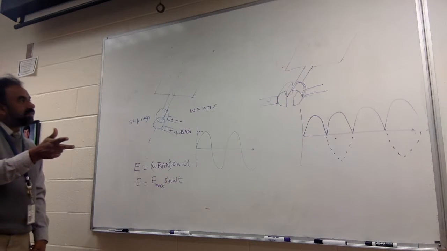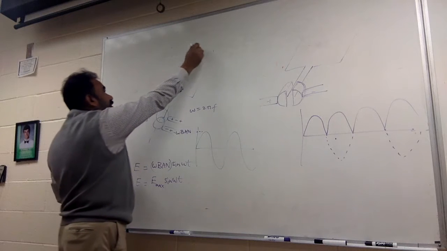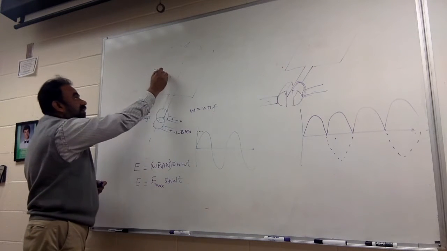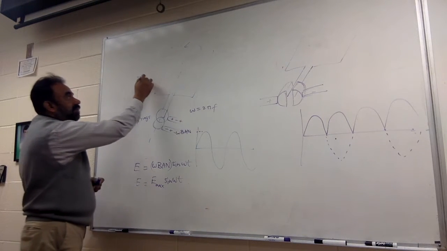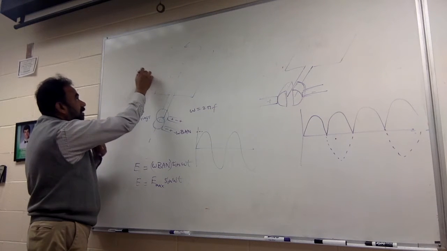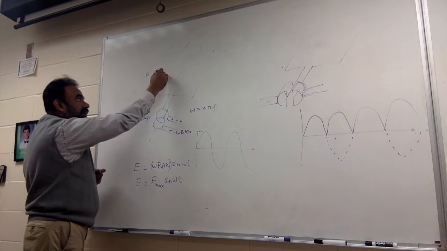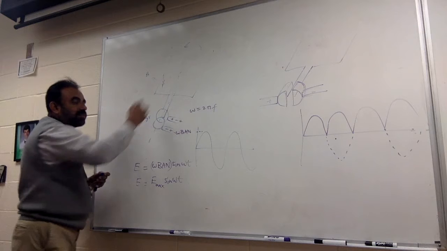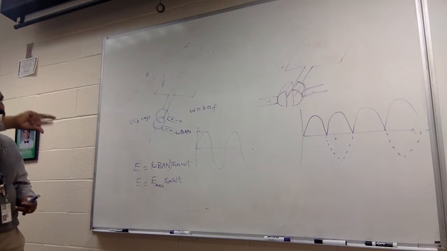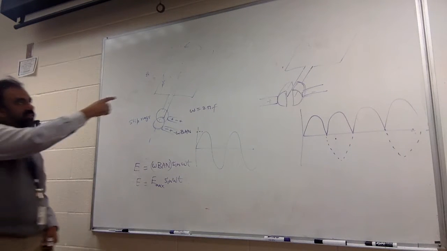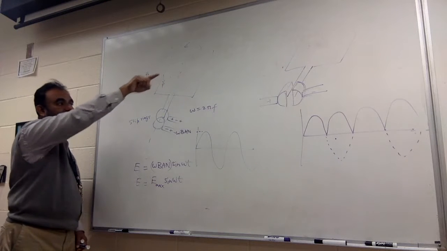Okay. So let's say this is turning counterclockwise. So that means this conductor is actually moving down. Magnetic field is this way. And the conductor is moving down. So that's a force. Right? It's turning like this. So when this conductor is moving down and the magnetic field is towards in that direction,